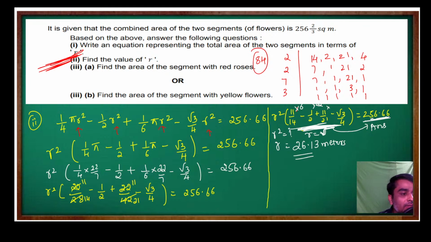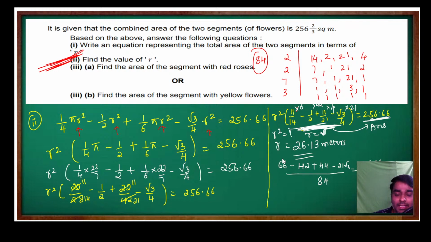84 by 21. 4s are 4s are, then 4 21s are. So what will you get? 66 minus 42 plus 44 minus 21 root 3 divided by 84. Like this you will get, which is equal to